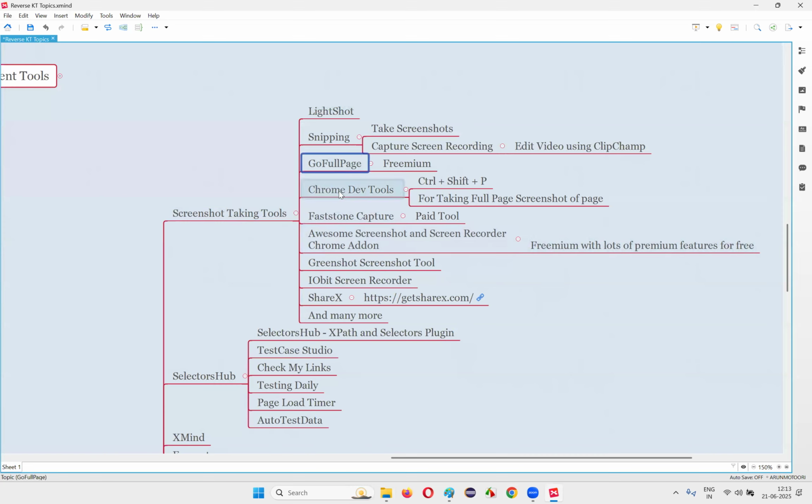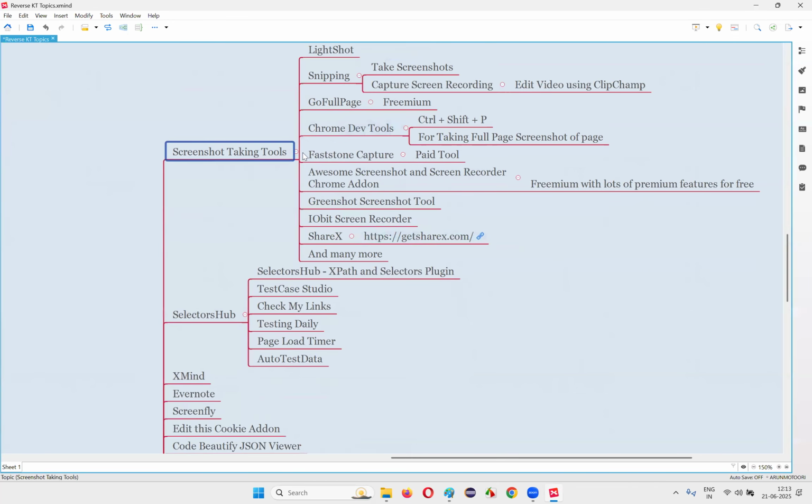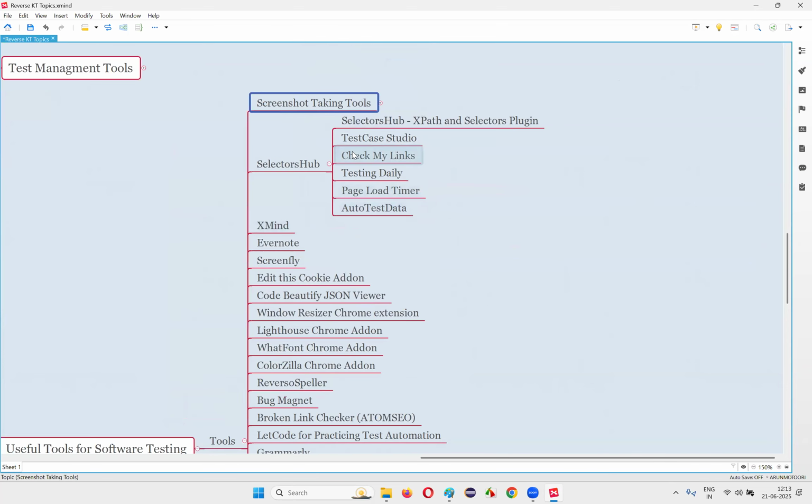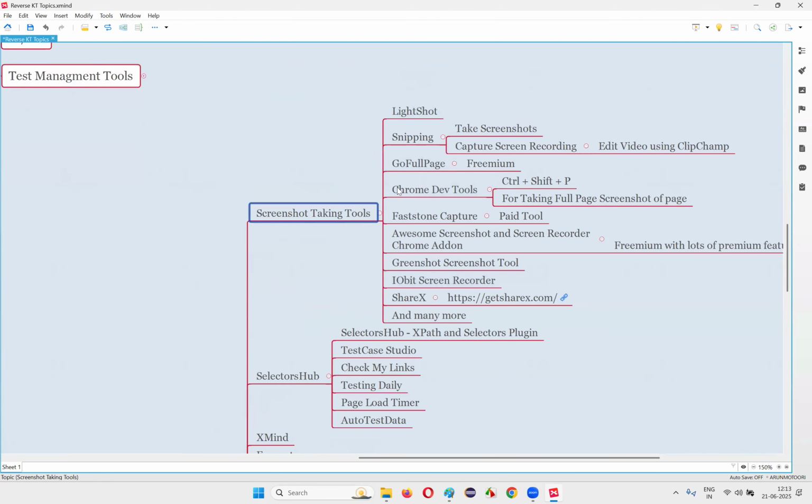I have covered all the useful tools for software testers. According to your requirement needs, whatever tools you like, you can use them. Whatever tools I have demonstrated, pick some of those and use them for your purpose, guys. So these are the few screenshot taking tools that I have covered. There may be many, guys, but I did my level best in demonstrating the different tools that you can use